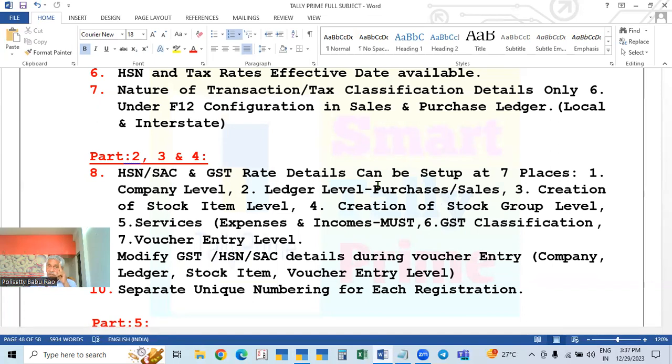Okay. So for multiple ledgers, we do the details in the stock items, we won't do the details of rates. But this one, we are using the common ledger, so we cannot do the details there. In the common ledger, we do the details in the stock items. This is one. And next one,